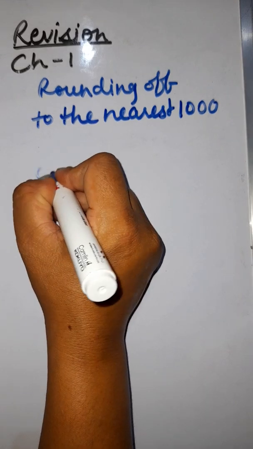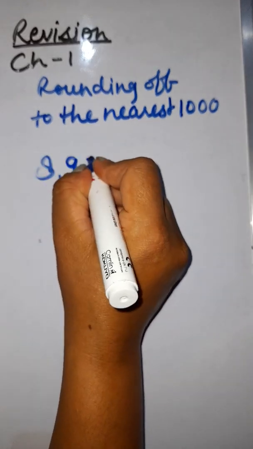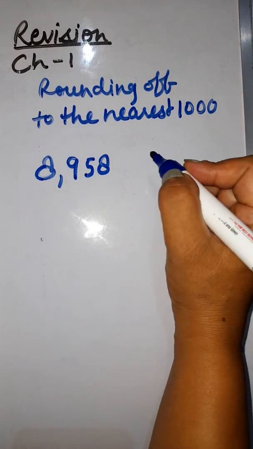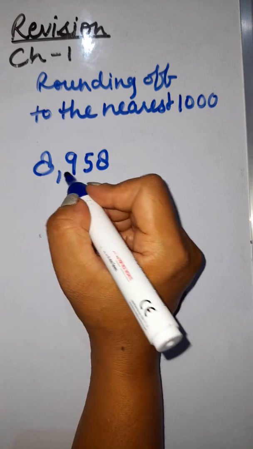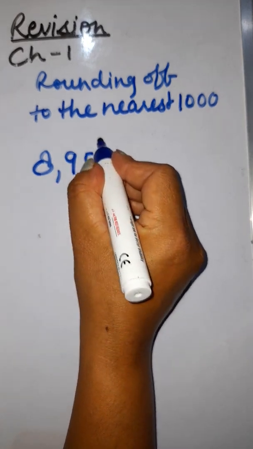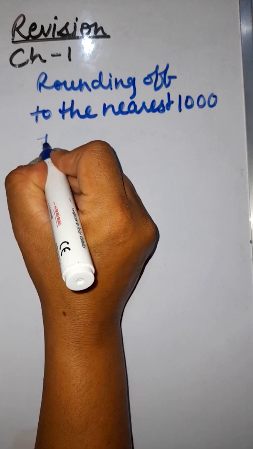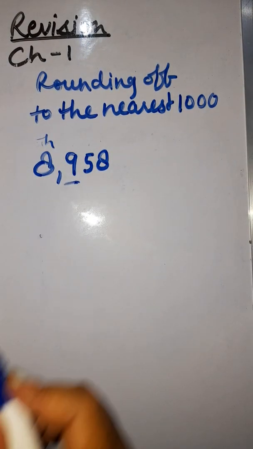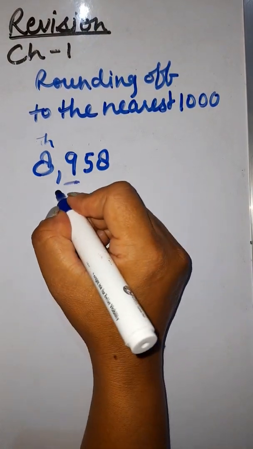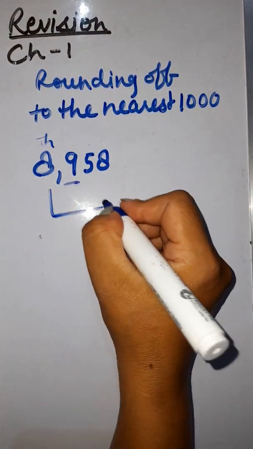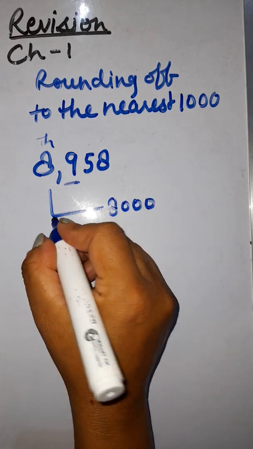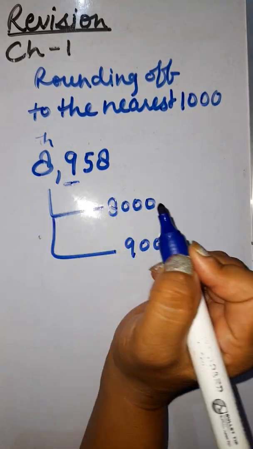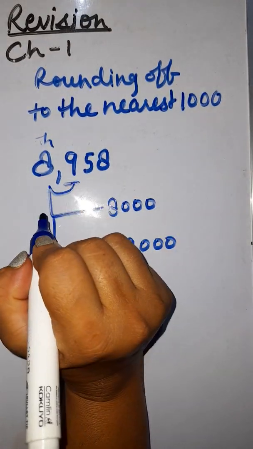So here we have a number that is 8958. This is the number. Now we have to round it off in the thousands place. So which digit is in the thousand place? Ones, tens, hundred, thousand. This is in the thousands place. So we'll just look into the hundreds place digit. Yes, it is greater. So it means that the multiples of 1000 are 8000 and 9000. Understood? So this one is greater, so it will give 1 to this one.